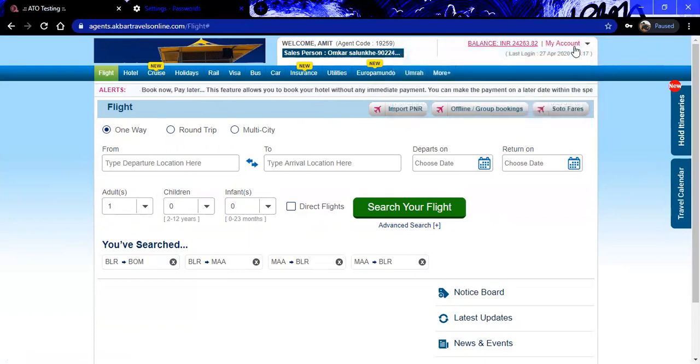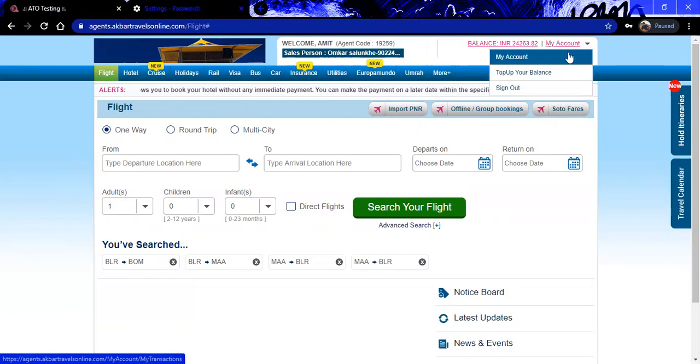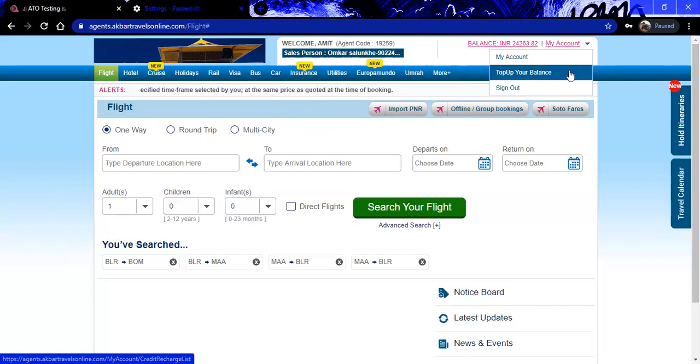Moving on to the further module, which is My Account. My Account consists of many things, and I have another session for this also. I will be explaining My Account in that session. Clicking on top of balance, you can recharge. We have n number of payment gateways. You can go through the payment gateways whichever is required and get the account recharged from here. And the sign out button is there.